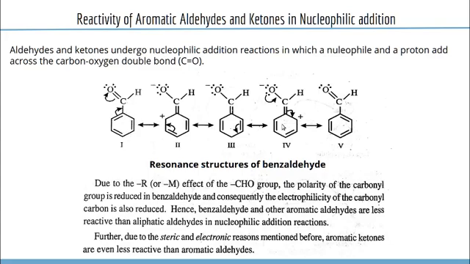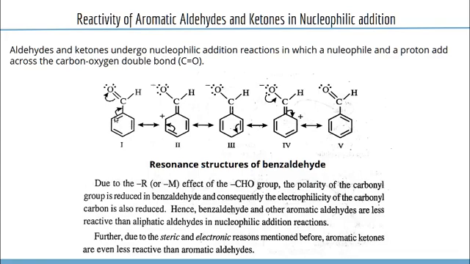Here we can see there are 5 different resonance structures for benzaldehyde. Due to the minus R or minus M effect of the CHO group, that is the electron attracting resonance effect of the CHO group from the ring,